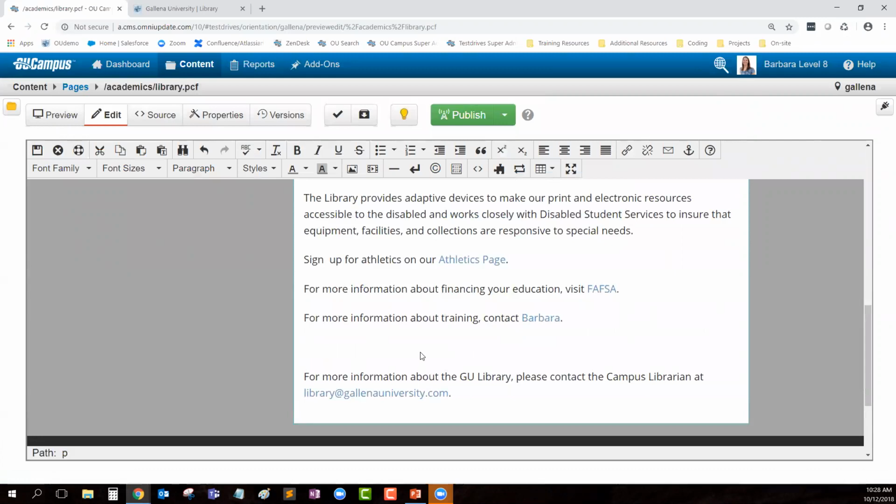In the event that you should suddenly get disconnected, so maybe your internet suddenly goes down for a moment and you lose your browser, or you accidentally kick the plug out of the outlet and your computer suddenly shuts down. If you are in the middle of editing, don't panic. You have an extra button here that looks like a little life preserver. This is the Restore Last Draft. So in the event you're suddenly disconnected from OU Campus,